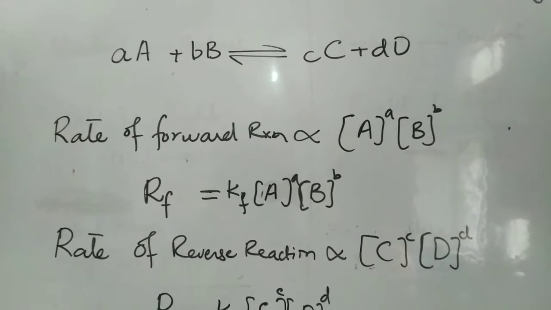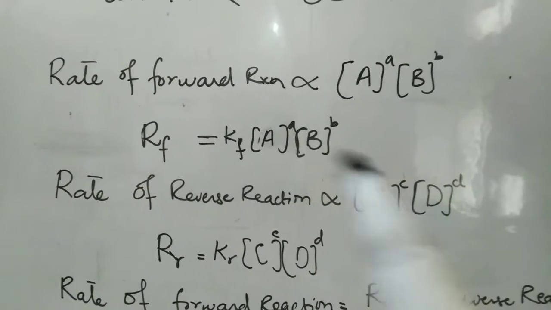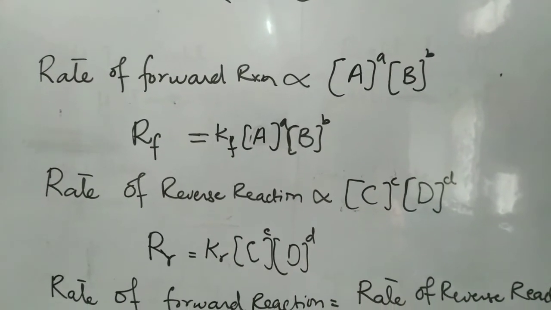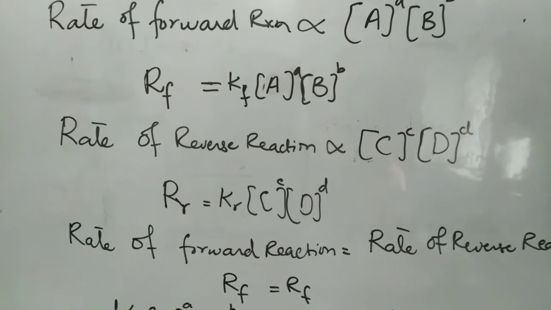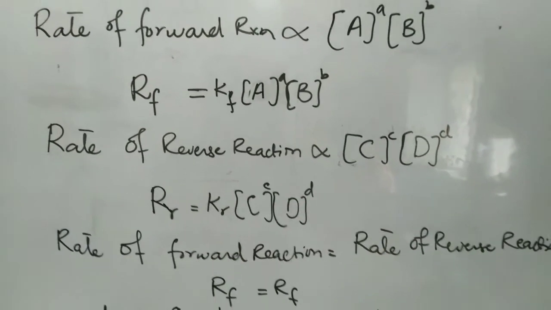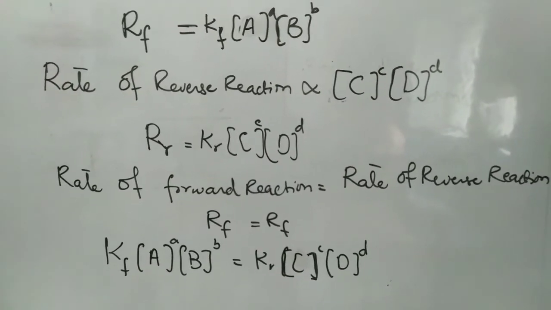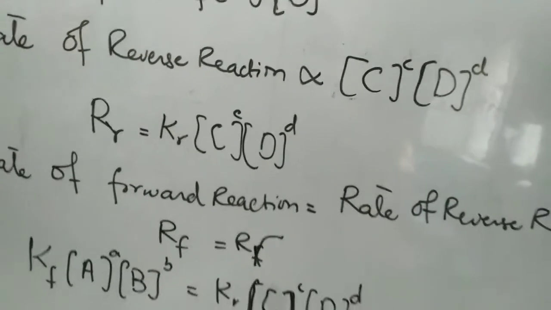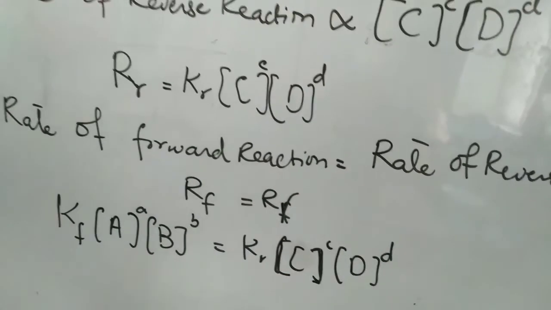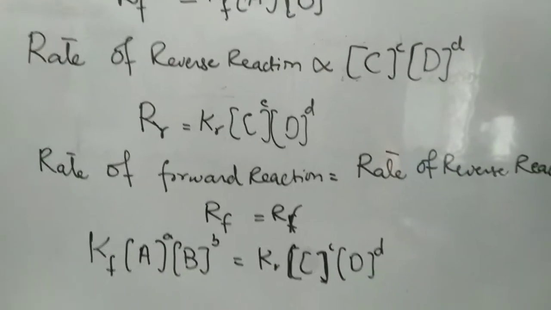Thus for the dynamic equilibrium reaction, the rate of the reverse reaction is directly proportional to the active masses of C and D, and the exponents are again converted into powers. So we write the rate of reverse reaction as Rr, equal to Kr times the active masses of C and D. In the dynamic equilibrium state, the rate of the forward reaction is equal to the rate of the reverse reaction, so Rf is equal to Rr. Sorry for this interruption. Next, for the rate of the forward reaction equal to the rate of the reverse reaction, we put in the values of Kf and Kr.